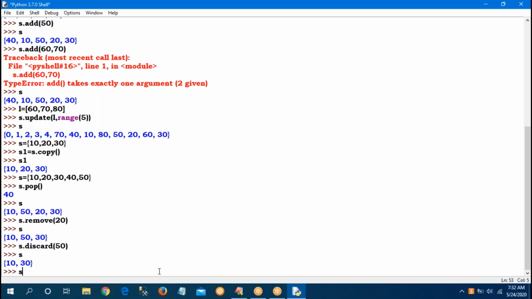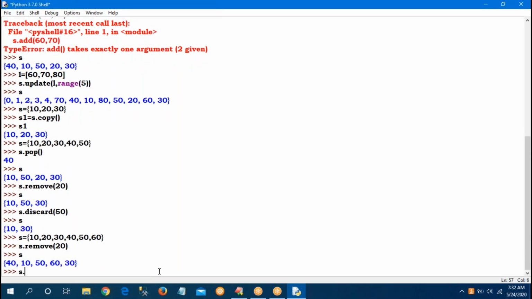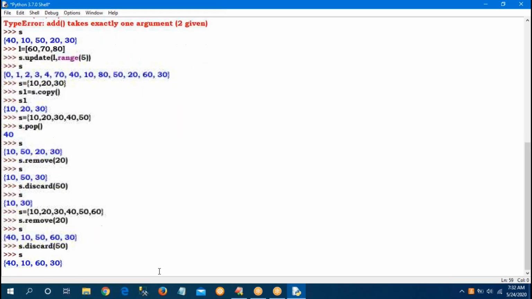See here, observe carefully. S equals 10, 20, 30, 40, 50, 60. Observe. S dot remove of 20. Yes, removed. S dot discard of 50. Yes. What is the difference between remove and discard? Both are removing only.